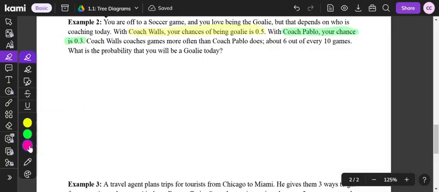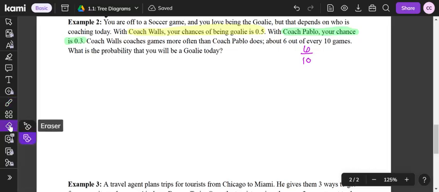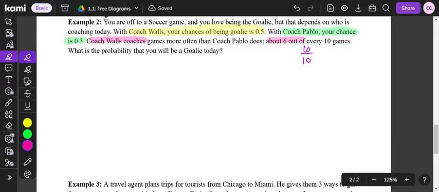Okay, so it says that Coach Walls coaches games more often than Coach Pablo does, and it says he coaches about 6 out of every 10 games. Well, if we think of this as 6 out of 10, it's a fraction. It looks just like our probability formula. That means that this probability right here, Coach Walls coaches 6 out of every 10 games. That's our third probability that we were given. Okay,